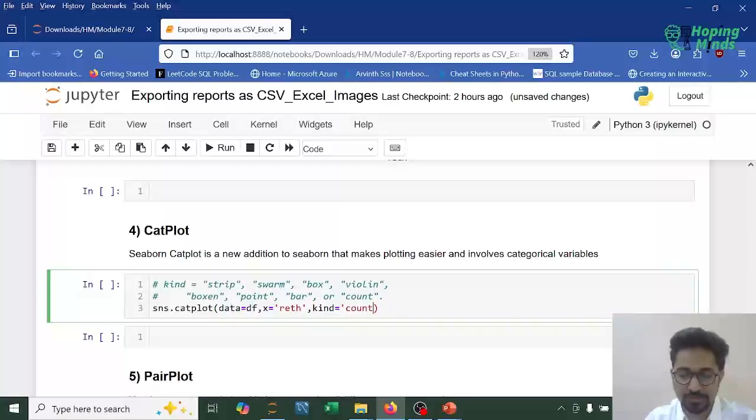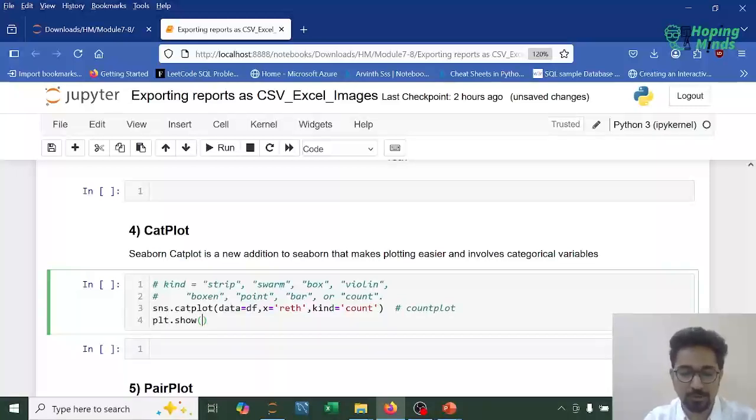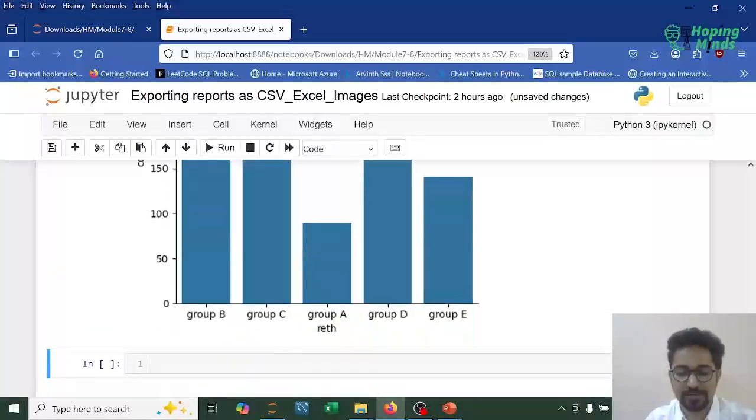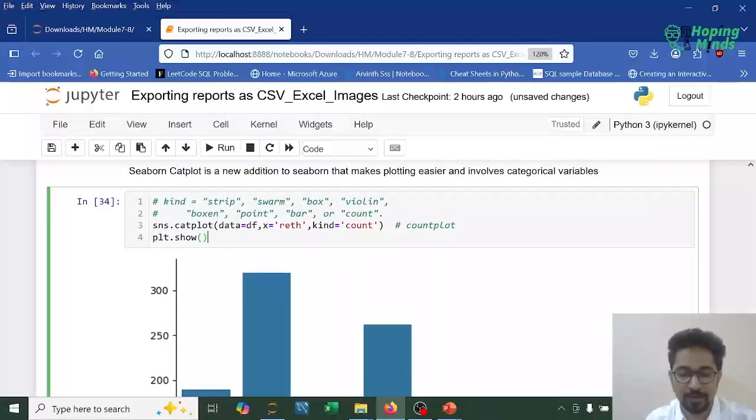So this is simply equivalent to countplot now. So I can say plt.show. So guys, clearly we can see this is count of race ethnicity. Now for the same chart,